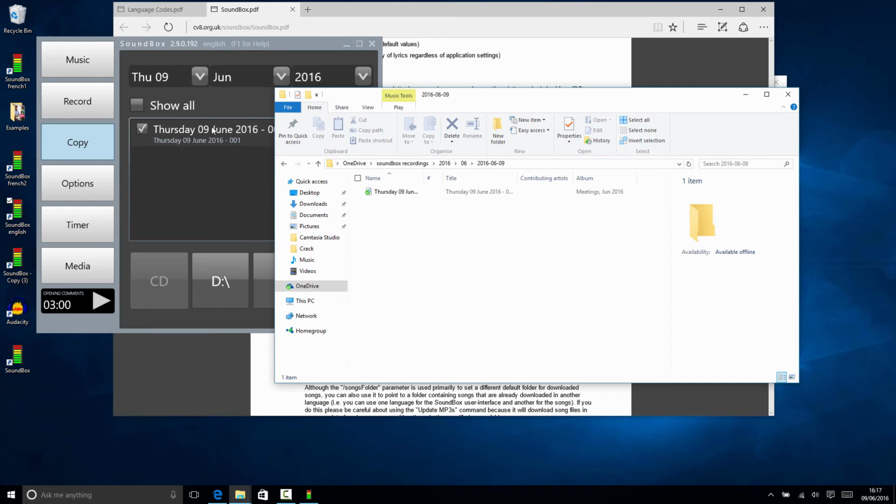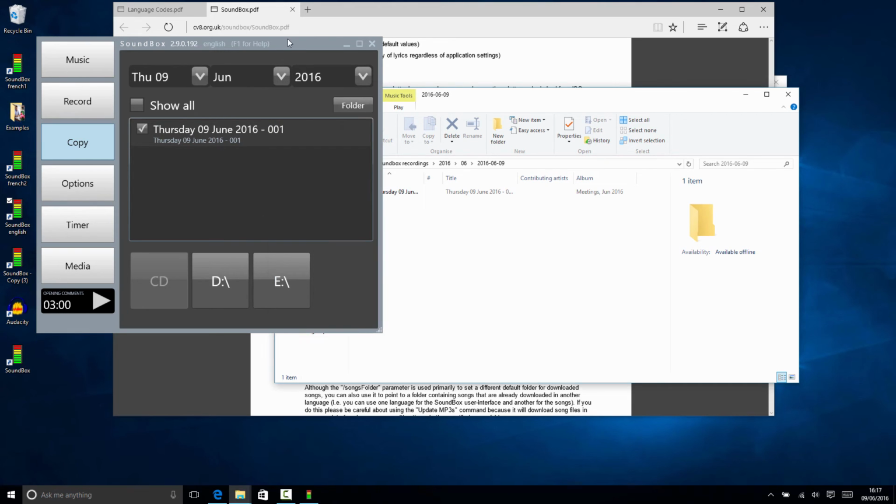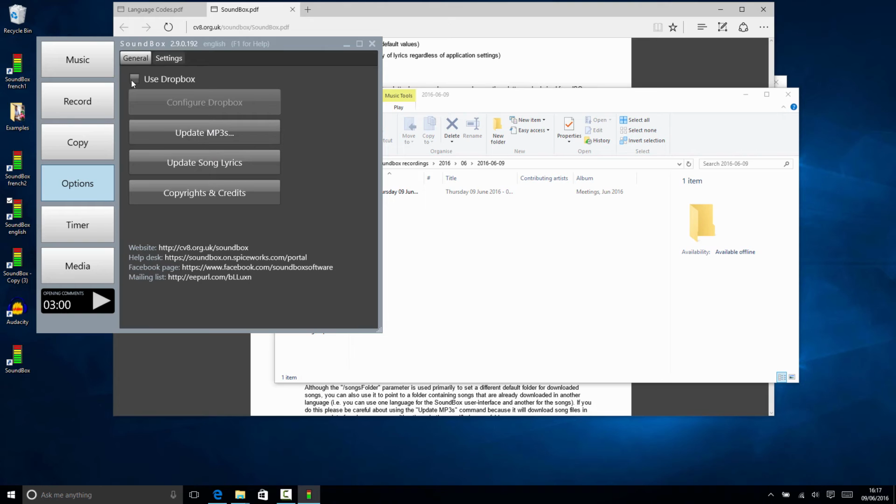What you could do now, it's set to go to this folder, but I could also set up Dropbox. Why you'd want two, I'm not quite sure, but it could be a case of some brothers know how to use OneDrive, some brothers know how to use Google Drive, and you could share it both ways. Just as long as you keep on top of it. You don't want to have files all over the place. These are just for meeting recordings, just for brothers, so you need to make sure that it doesn't get all